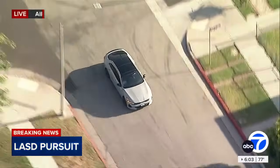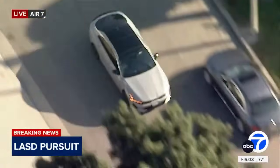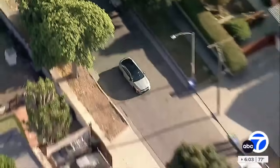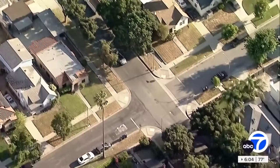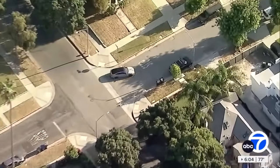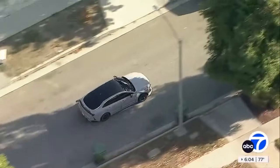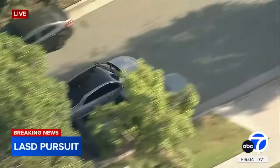It does not look like there's anybody in the passenger seat. And again, David, we do not know what the original want was here for this vehicle. We're getting some reports that it is a robbery suspect out of the South LA station. We do know that there's some damage there to the passenger side, but we're not sure if that happened during this pursuit or not. But certainly driving erratically enough to have that kind of...